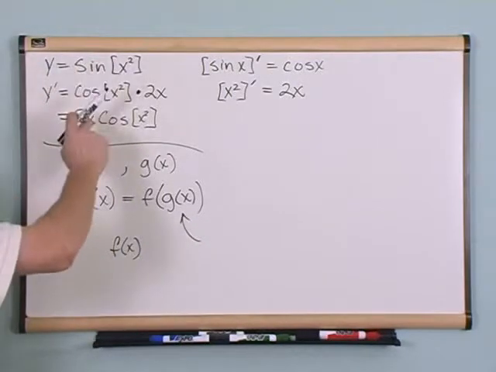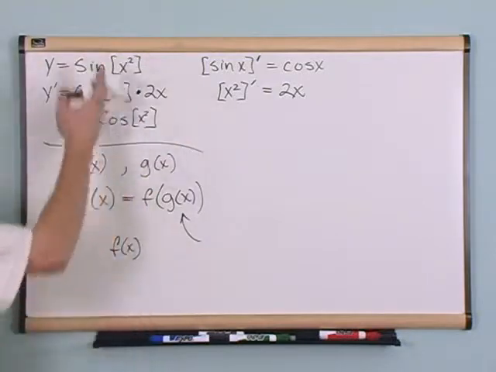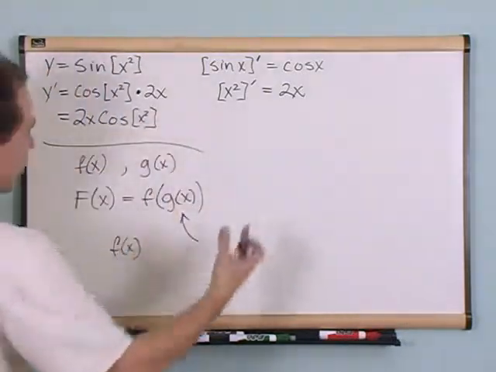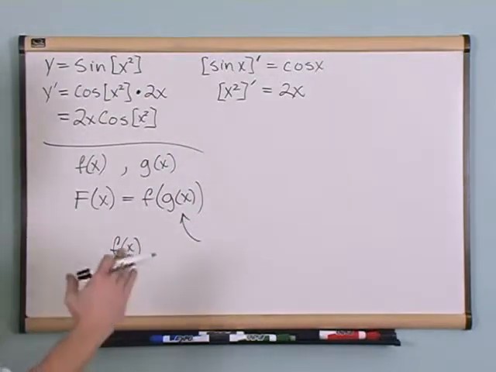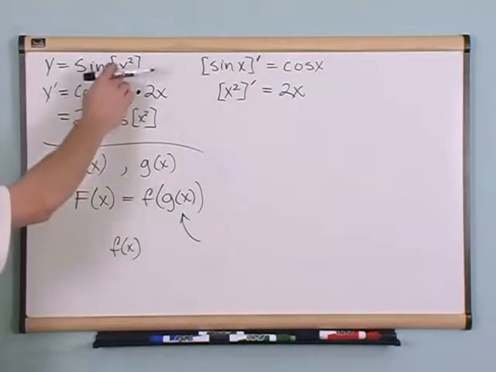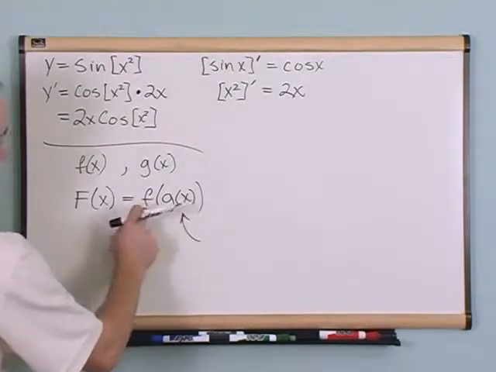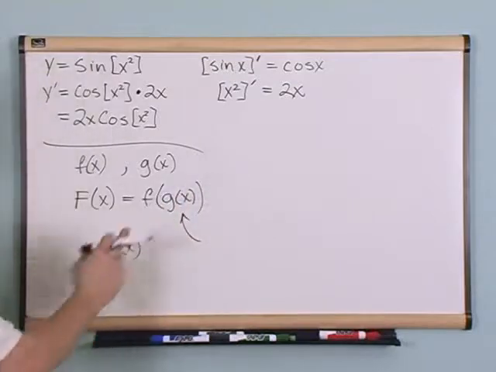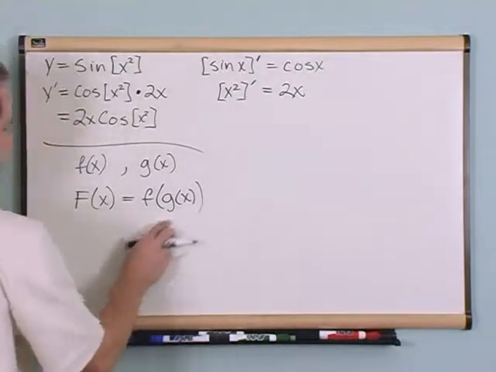You have sine of x, but then you tuck in x squared in place of the x, and so it's a function of x. The big picture is the sine of x, and you snuck in the back door an x squared in place of the x. So it's a function of another function of x. It's called a nested function. Okay, so when you've defined a function of a function like this,